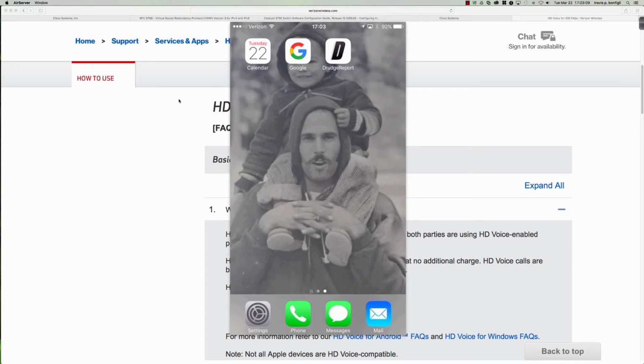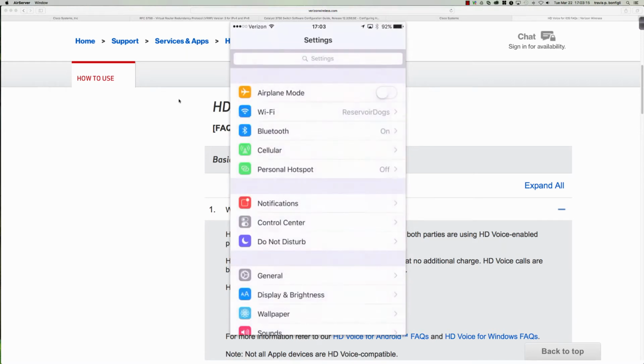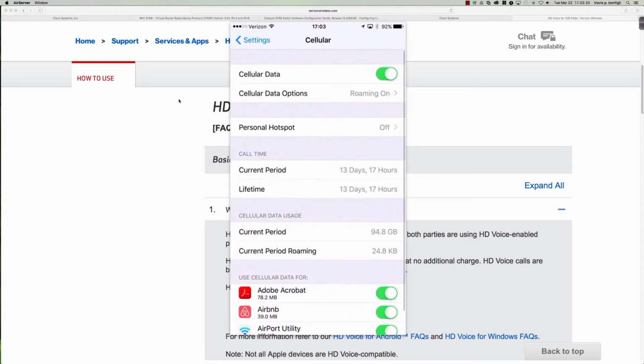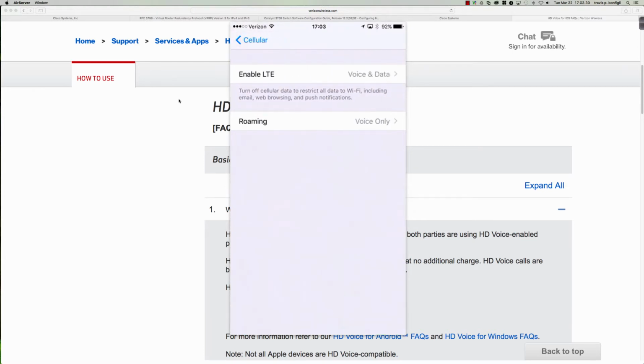So here's all you need to do in order to enable this feature. You go to Settings, which is the icon down here in the lower left. You're going to go to Cellular. You're going to see you've got some different options here. You've got the cellular data and the cellular data options at the top. If you click on the cellular data options, you'll see